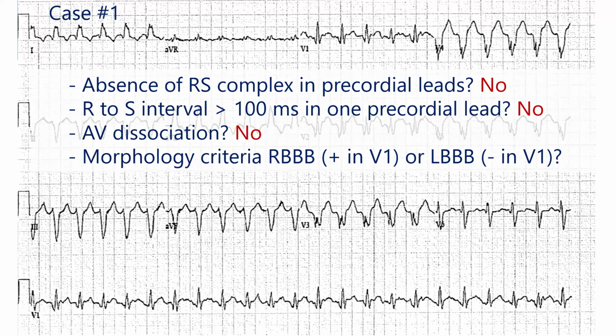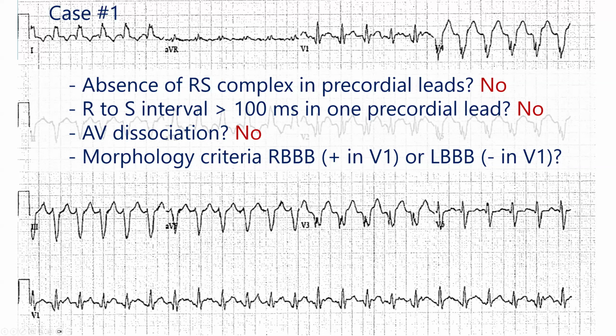We're not seeing a double spike, or a double R, like an R and R prime. And we're also seeing a Q wave, so we're not seeing the absence of a Q wave in V1. So no clear right bundle branch pattern. And taking a look at V6, is this a left bundle pattern? Well, you do not have a wide slurred QRS complex that is all positive, right? So absence of any Q wave and all positive in V5 and V6.